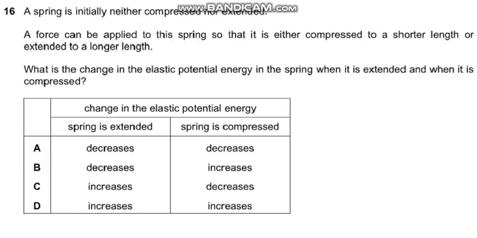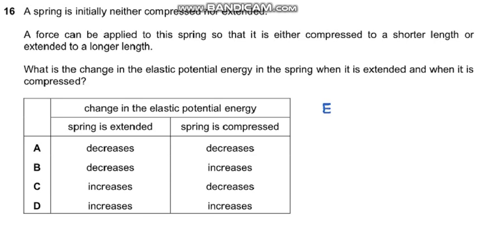So question number 16 is a spring is initially neither compressed nor extended. A force can be applied to the spring so that it is either compressed to a shorter length or extended to a longer length. What is the change in elastic potential energy in the spring when it is extended and when it is compressed? So basically,